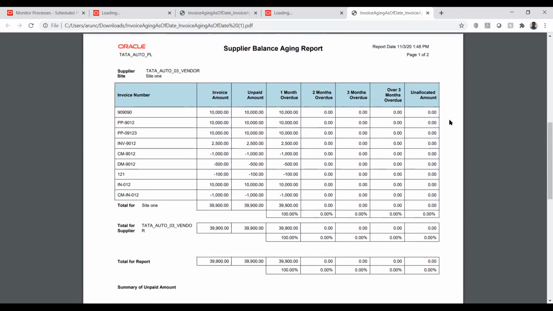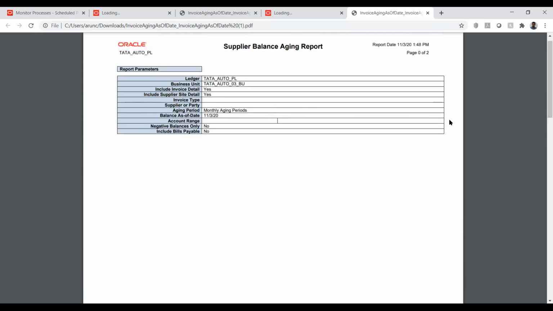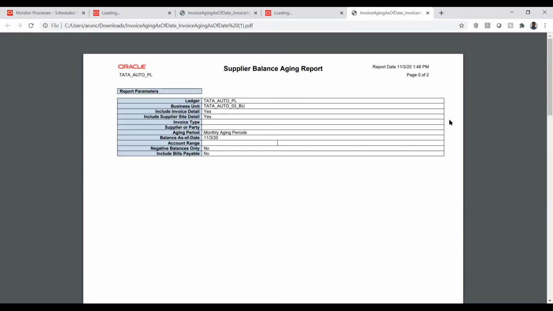Okay, invoice register, when do you use that? If I have some reconciliation issue, or if I want to understand how much invoice has been punched in a given period, I'll run the invoice register and verify it. Mostly the invoice register is used for reconciliation purposes.